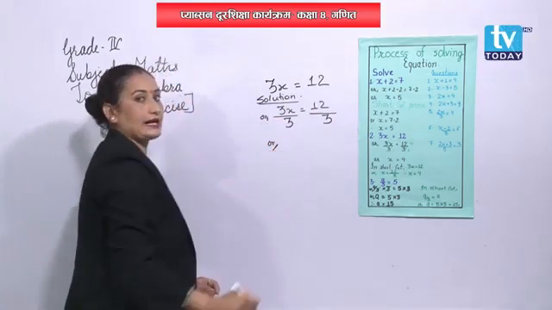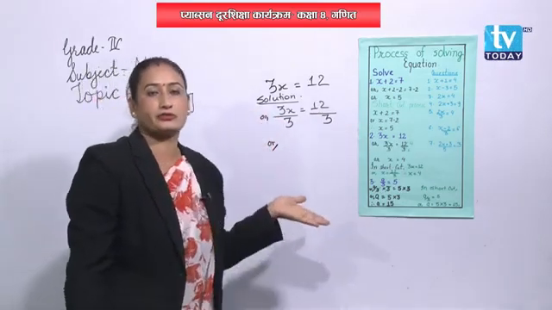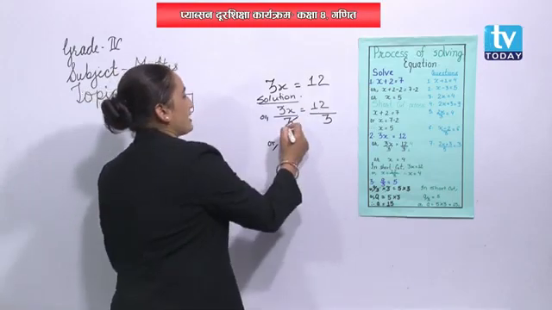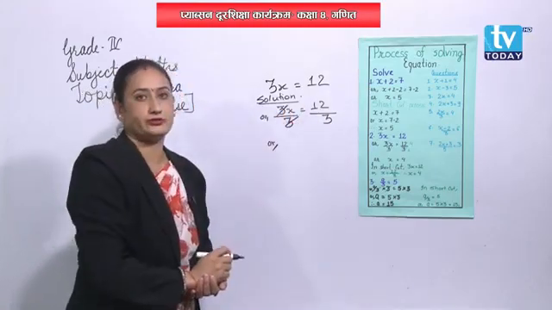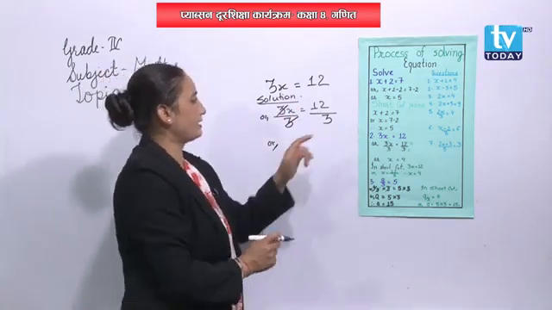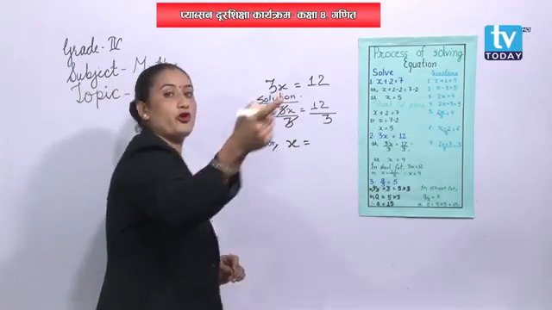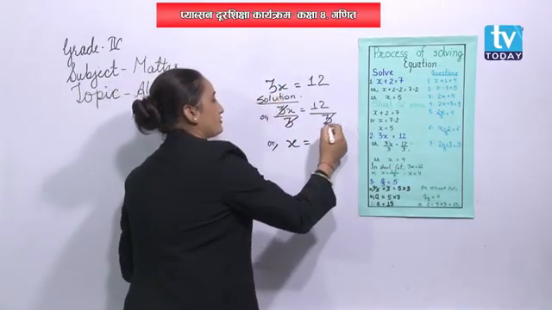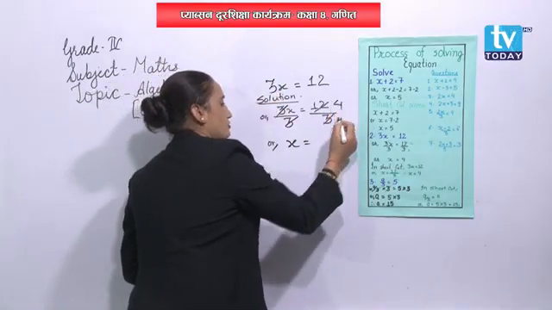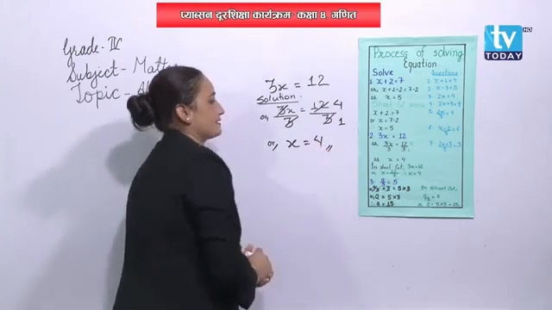or we can say it. Let's cut up and down with the same digits. So this and this, it will be cut off, right? And here what remains? 3 times 4 is 12. So when you cut it, 3 times 1 is 3, 3 times 4 is 12. So 4 will be the answer.